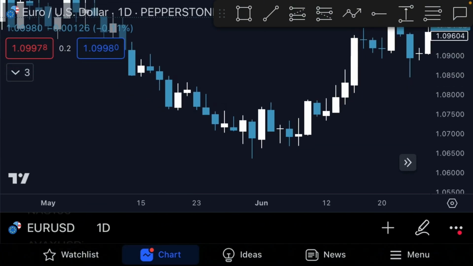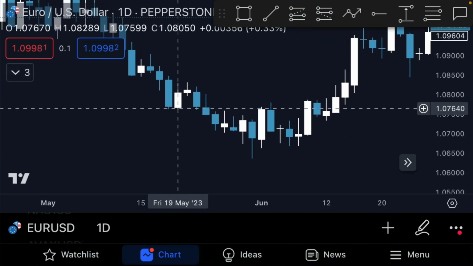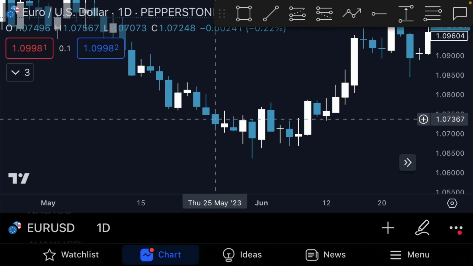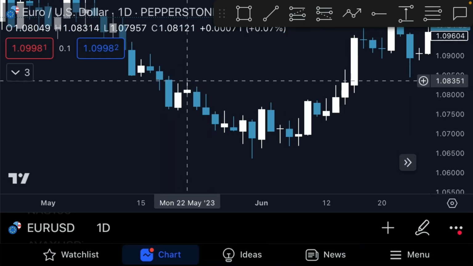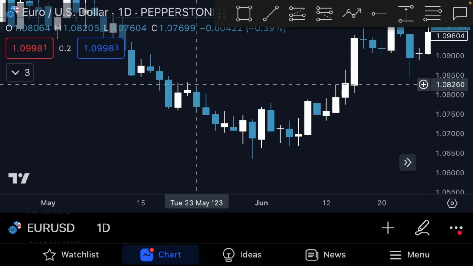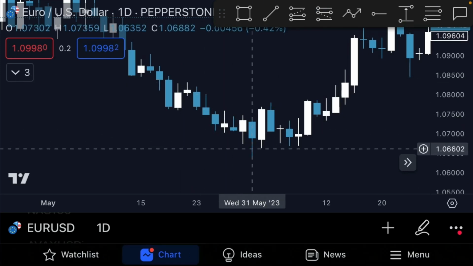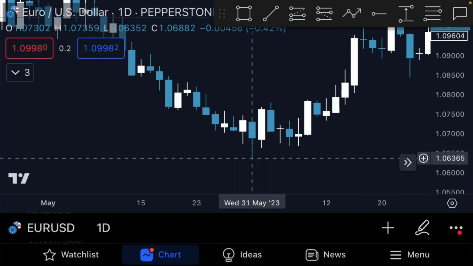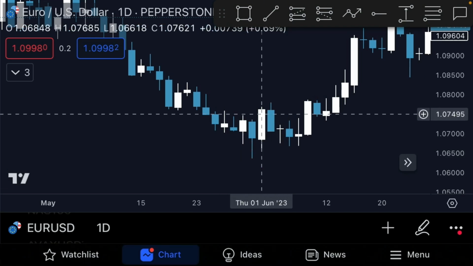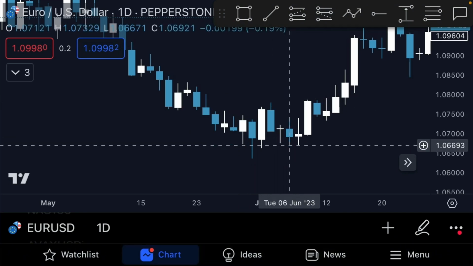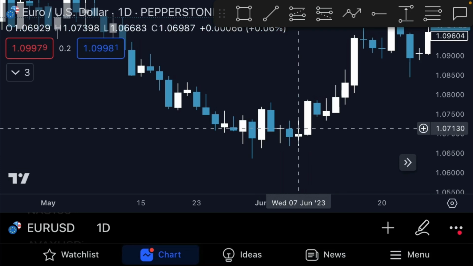Okay, let me zoom better. We continue selling down to this area and we had this first buy. This buy did not complete. Another 2 candles above it, which is not valid and is invalid according to our analysis. Okay, now we continue selling down to this area. Now from this area we had 1, 2, we had a rejection down to this area, another rejection to this area, then we had 1, 2,